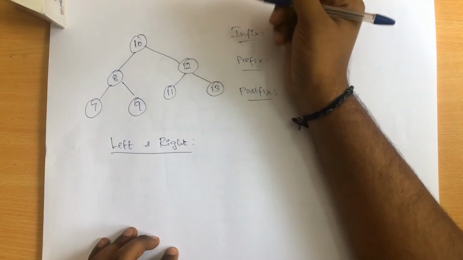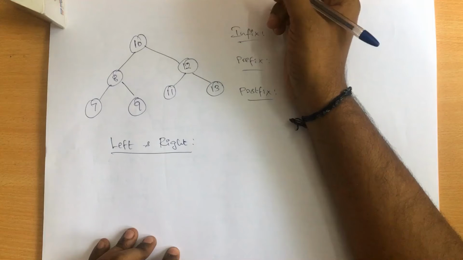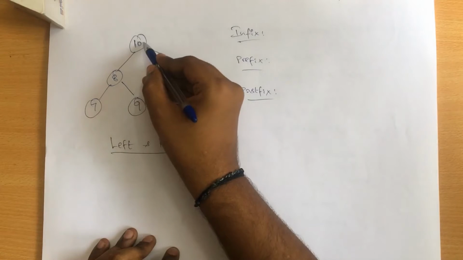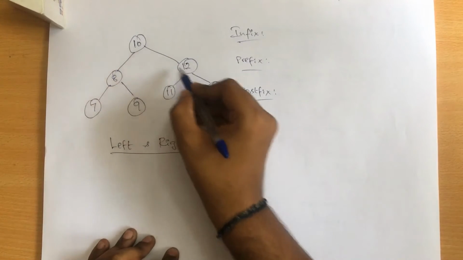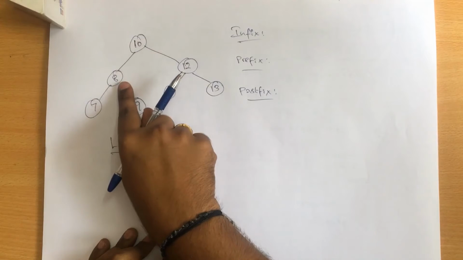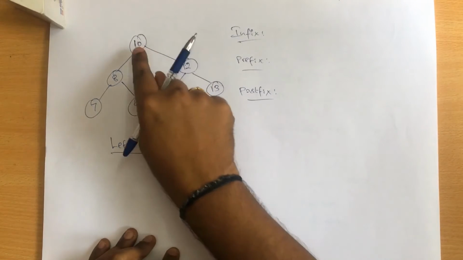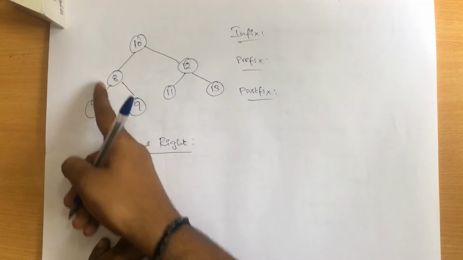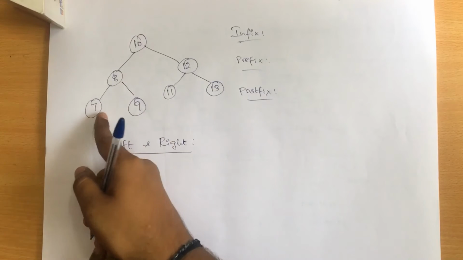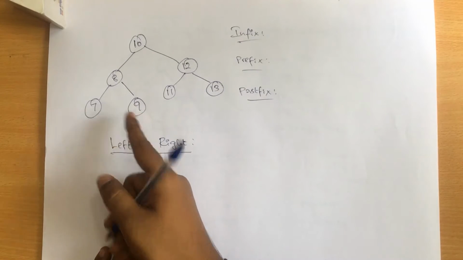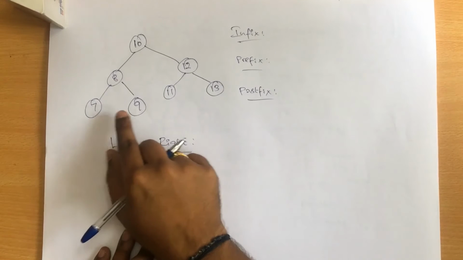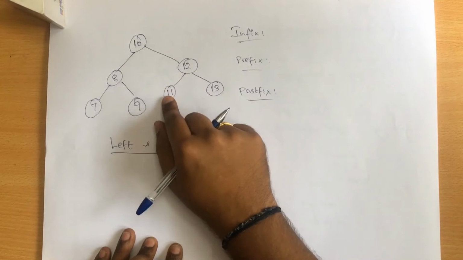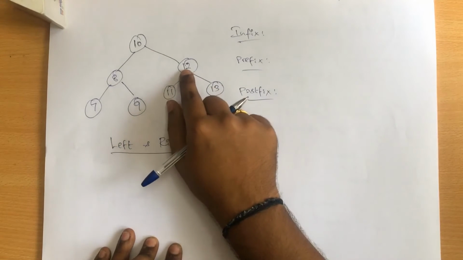This is a basic thing which we need to know about a tree, and remember the tree will always be in a sorted order too, right? So now if you see this tree, I have 10, and to the left of 10 I have 8, to the right of 10 I have 12. So 8 is less than 10, so it is in the left subtree, and 12 is greater than 10, so it is in the right subtree. Same way I have 8 over here, so let's consider 8 as a root node. To the left of 8 we have 7, to the right of 8 we have 9. So 7 is less than 8, so it's on the left side, and 9 is greater than 8, so it is on the right side. Same way 11 is less than 12, so it's on the left. 13 is greater than 12, so it's on the right.